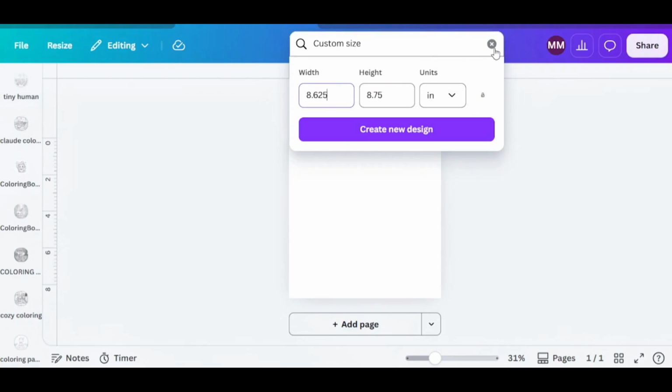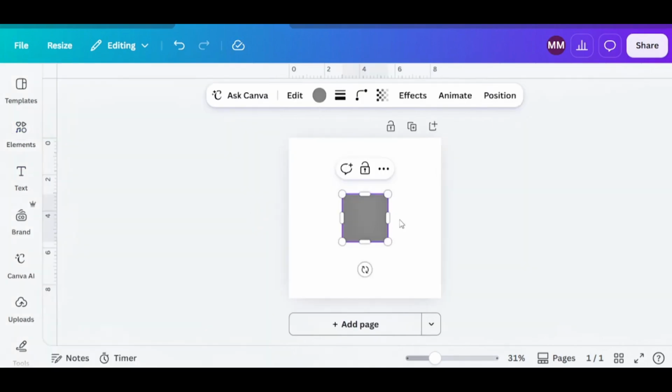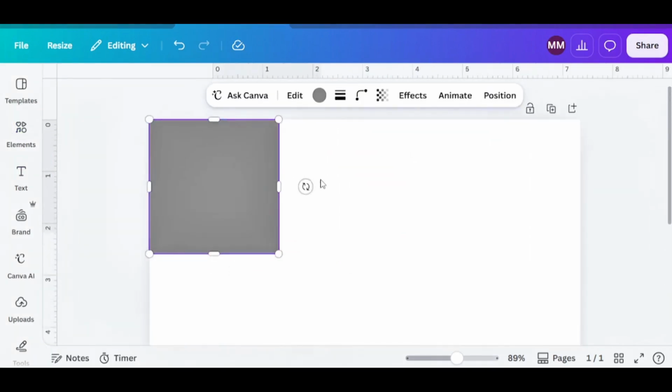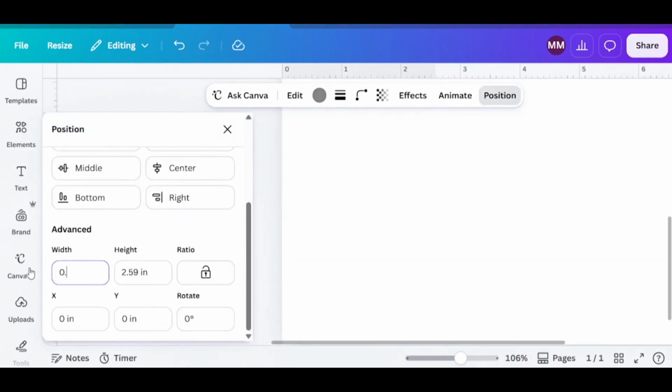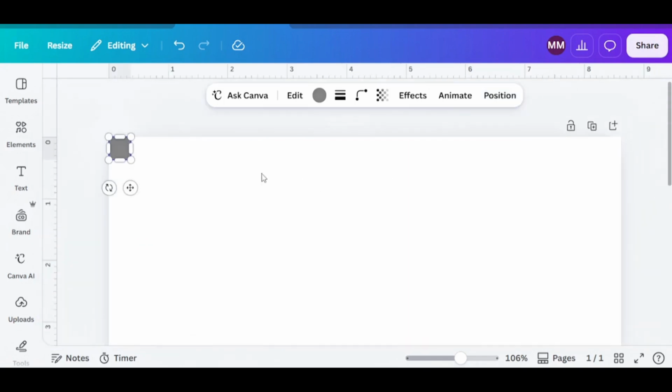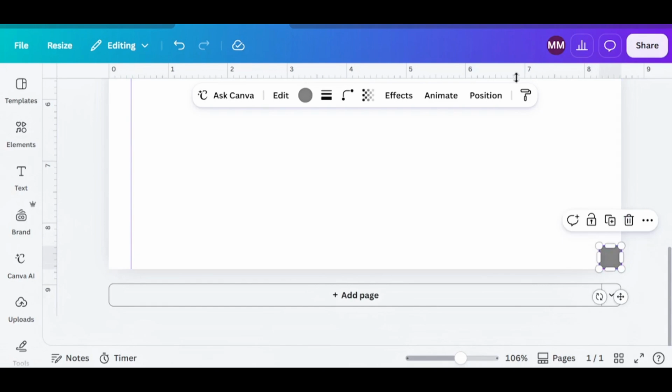So what I'm going to do is simply bring in a shape over here like so. I'm going to zoom this out and change the position to 0.375. The height as well will be changed to 0.375. That's going to give me about the exact height and width that I need for my margins. So I'm pulling this ruler all the way from the upper part and the leftmost part. I also copy it, paste it here as well, drag it to this edge, and I'm going to pull both